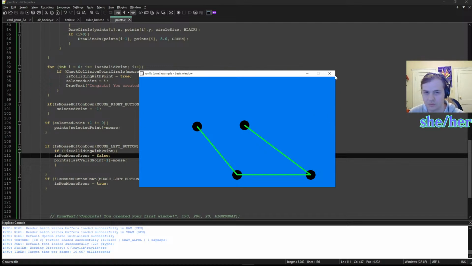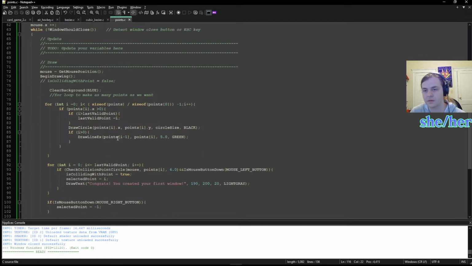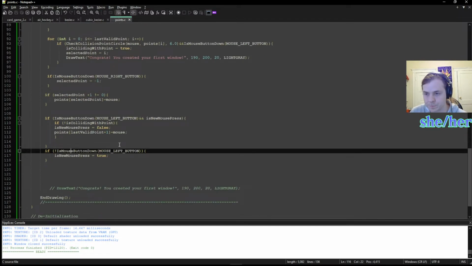Okay, why is this code basically not getting reached? So if I'm not pressing the mouse button, what's going on here? Okay, so if the mouse button is down and I haven't clicked, it's a new mouse press, then if I'm not going to the point,